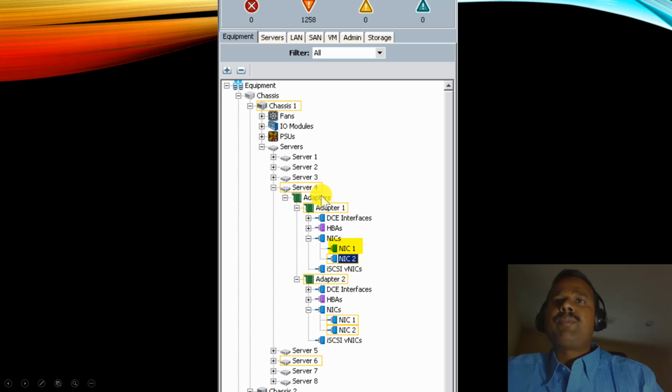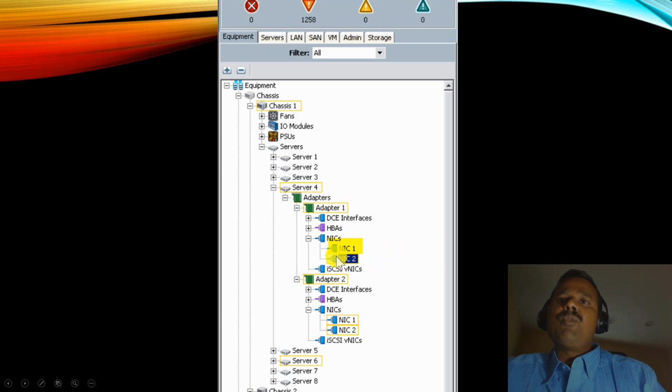It has two adapters, adapter 1 and adapter 2. Each adapter has two vNICs, NIC 1 and NIC 2. Adapter 2 has NIC 1 and NIC 2. Each NIC has a MAC address.